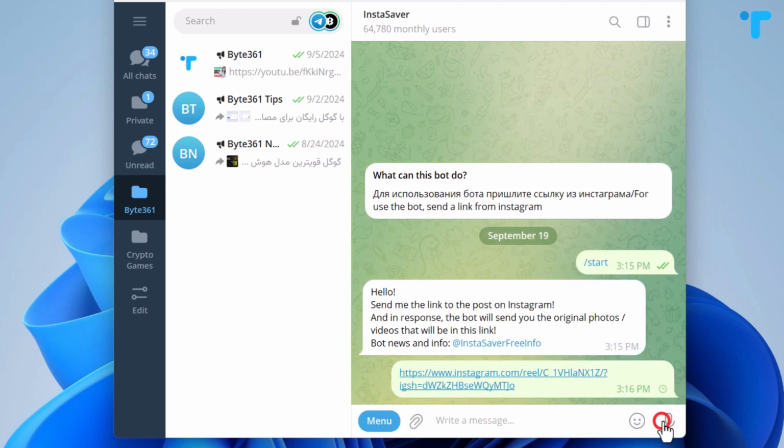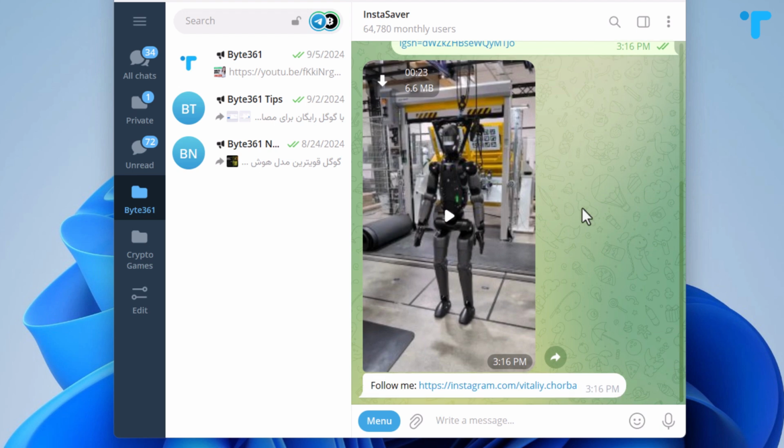Your download will be queued by the bot, and once it's ready, you'll receive a notification in the channel. Just click and save your